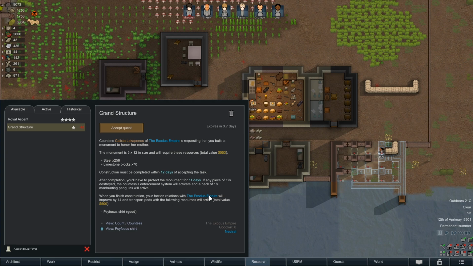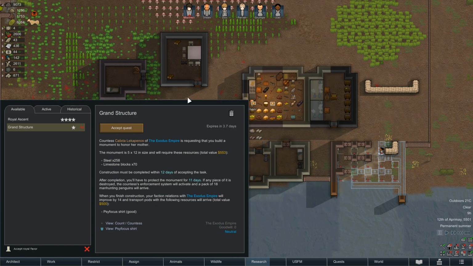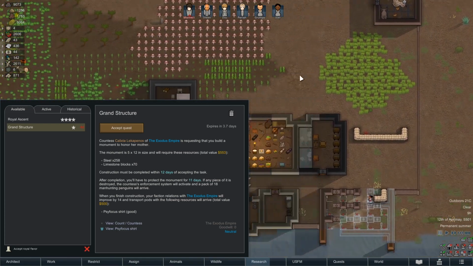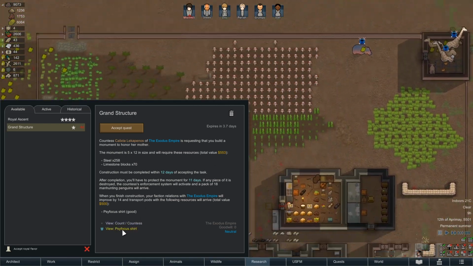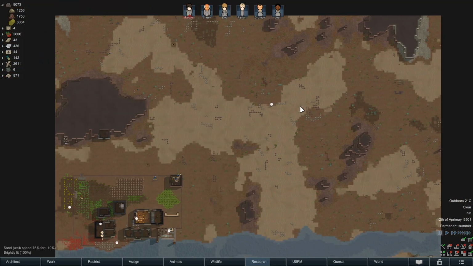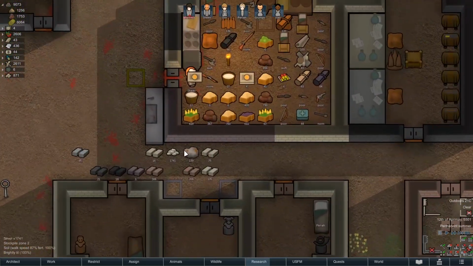We also get some improvements to our faction relations with the Empire, which we're going to need, and then we get the shirt, yes. Basically, this gives us plus 10% scientific sensitivity, and an improvement to our recovery rate for Sheev. I believe that will also, if we do end up getting the Esquire, we're going to need clothing like this so that we don't get a mood debuff. So that's going to be super useful, but we don't have the steel for it. They want